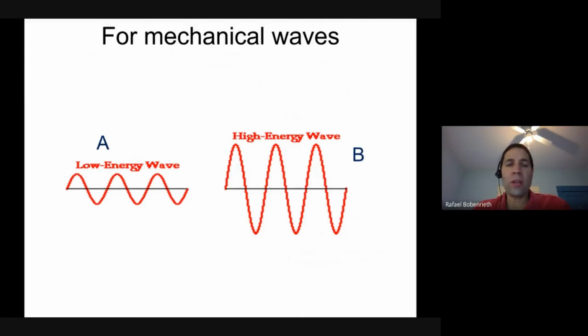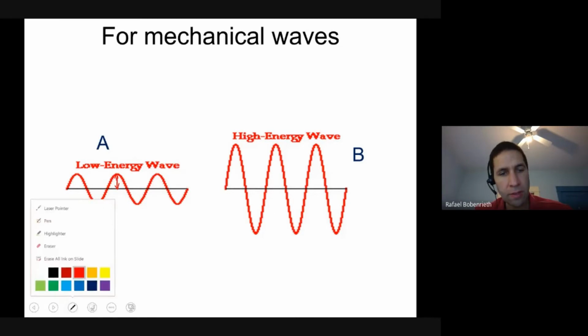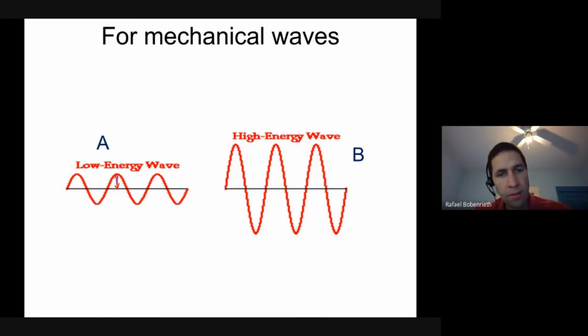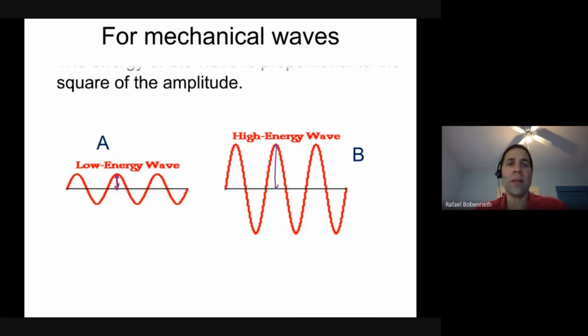So notice we already talked about last week this idea of the distance from rest to crest is something we call the amplitude, right? So on this slide here, if I was to draw the amplitude, let's pick a different color so it stands out. Here's the amplitude for this wave A, and here's the amplitude for this wave B. Well, a logical question you could ask is, how does the energy contained in wave A compare to the energy contained in wave B? And here's how it is.